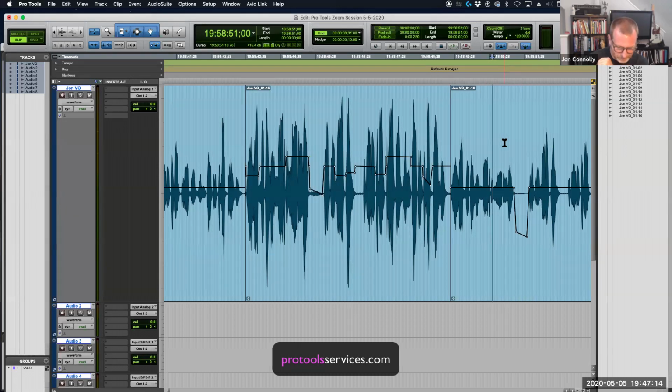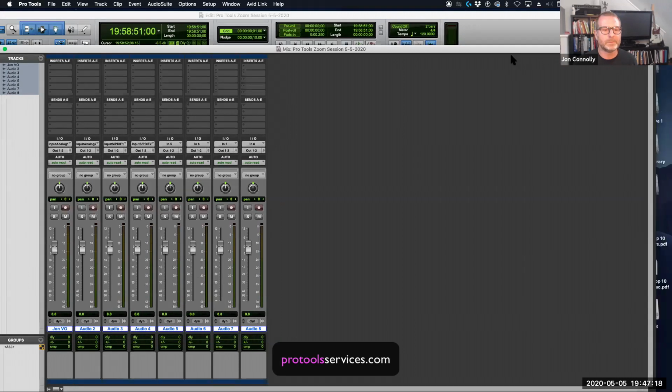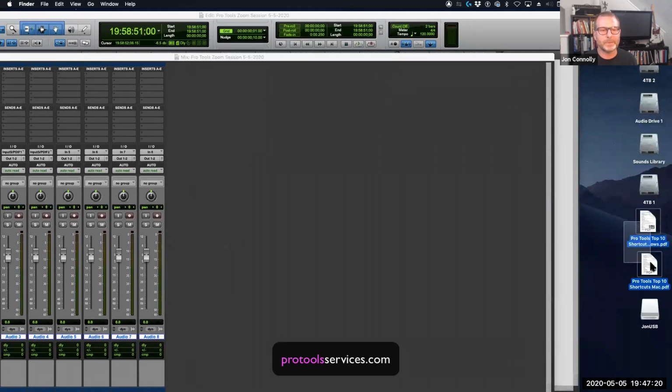I call them the universal. Oh, let me do this too. I have my keyboard shortcut list on my desktop. I'm going to drop them into the chat window here, see if we can pass them on to you. There's a Mac and a PC version. Whoops, no, I have to do it this way.